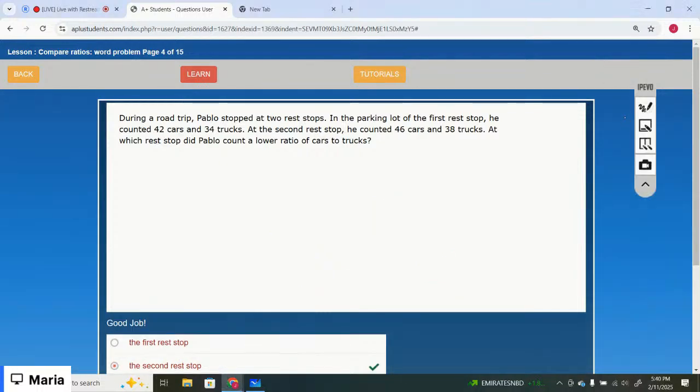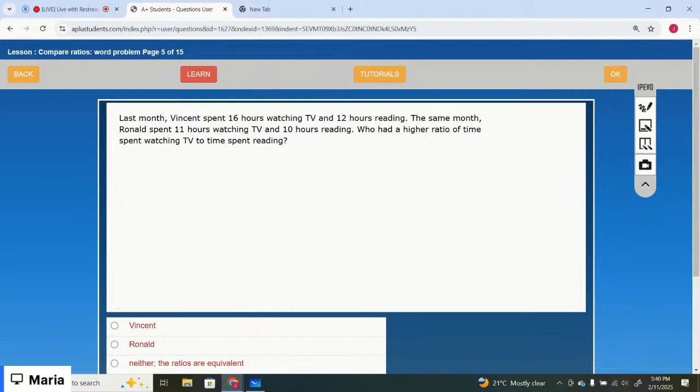Okay, you can complete the lesson by yourself today. So we were working on grade 8 math. The chapter we are working on is ratios, rates and proportions. The lessons we have covered today are